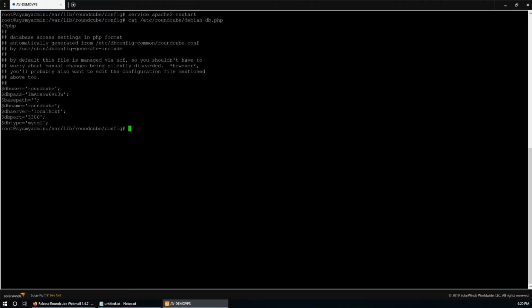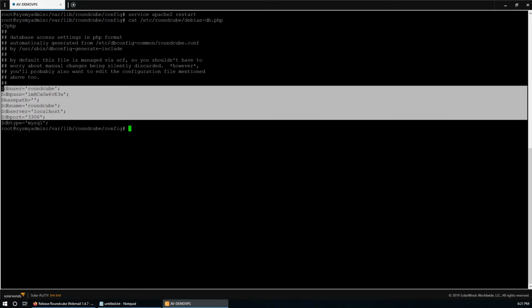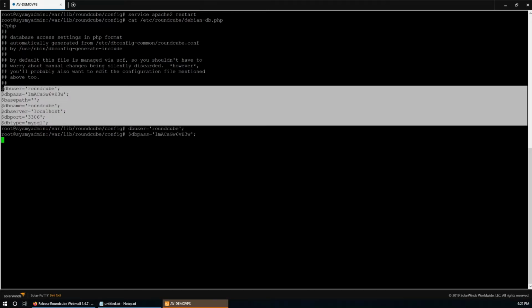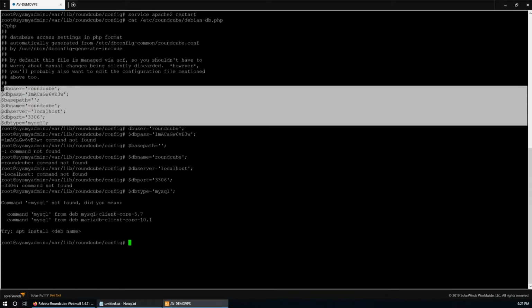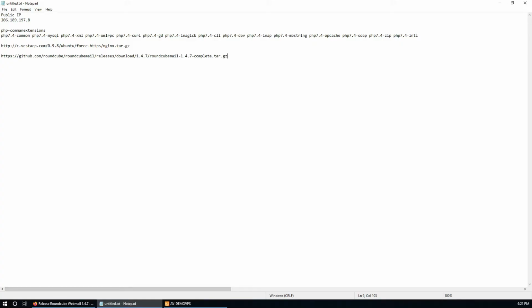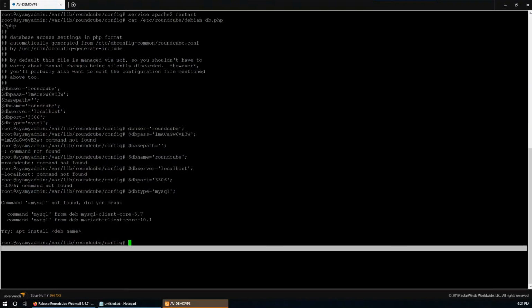Database type is MySQL. We need to write down somewhere this db username, password, and database type. So here, we need to provide this database username, password, database name, database server name to the Roundcube configuration file.